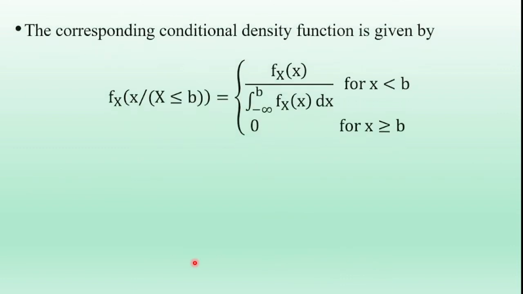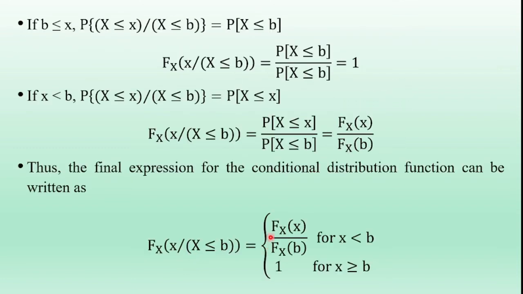The derivative of this numerator distribution function is the density function of the random variable x. So for this denominator term, using one of the properties of the distribution function, the distribution function is equal to the integral of the density function, and the denominator term is the integral of the density function. Therefore,